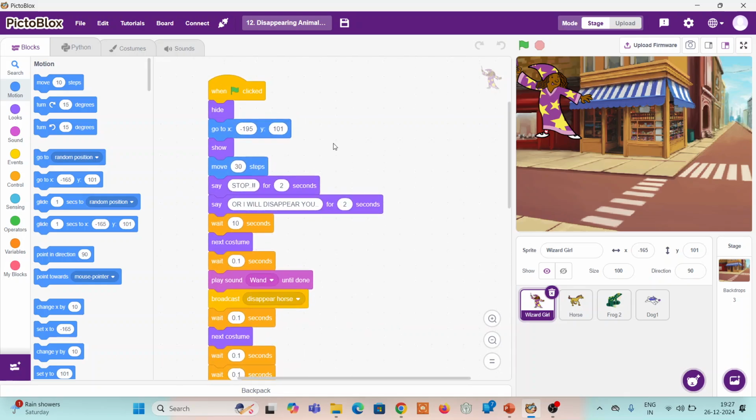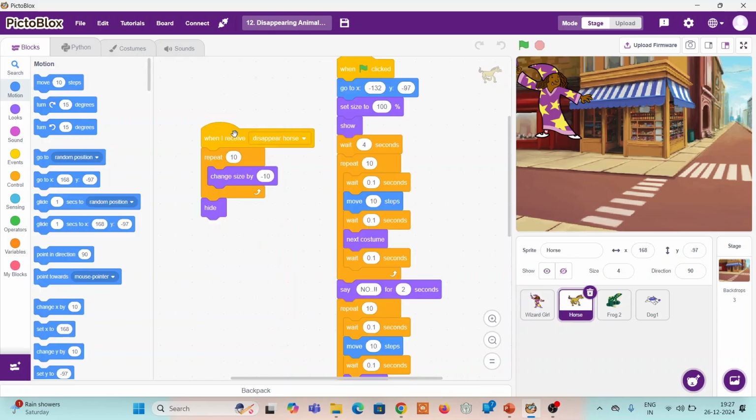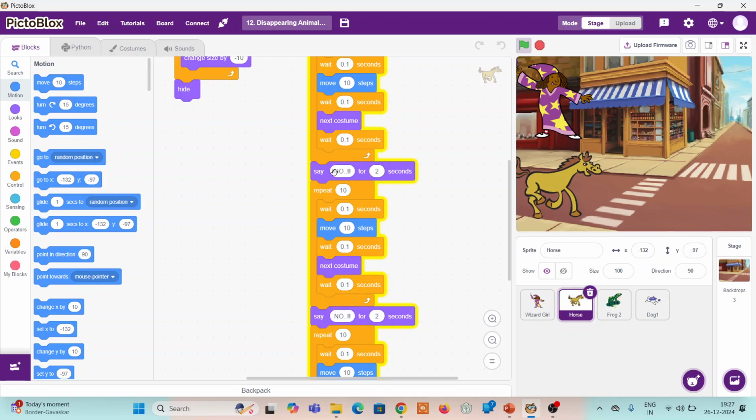Moving forward with the horse, the instructions are pretty simple: when we click on the green flag, this is the starting location for the horse, like by default it will be set over there, and the size of the horse will be 100%, the natural size of the character. And then it is supposed to move 10 steps, and this process will be repeated within a repeat block. And just to add curiosity, add some message like no, don't disappear me, or something like that,